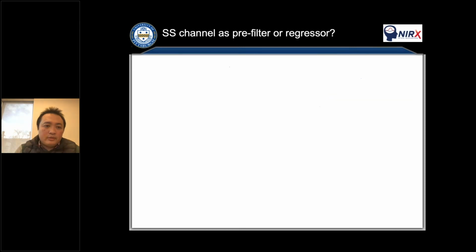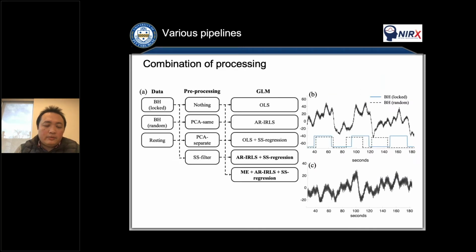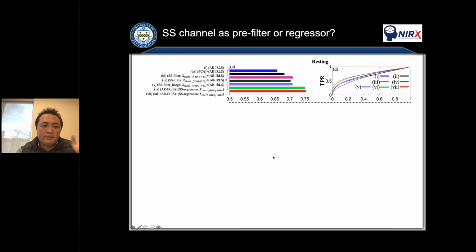So out of about 60 pipelines, actually we have more because of the many pre-processing options, let's say we have about 60 pipelines, and we only select 7 right now. This is the left figure. This is the area under the curve from the ROC. The ideal would be an AUC equal to 1, so a bigger AUC means better performance.